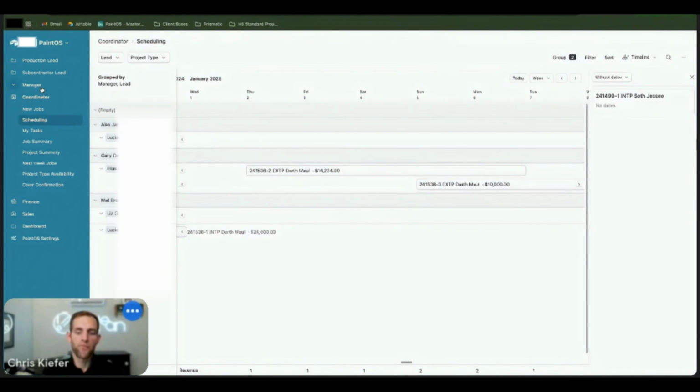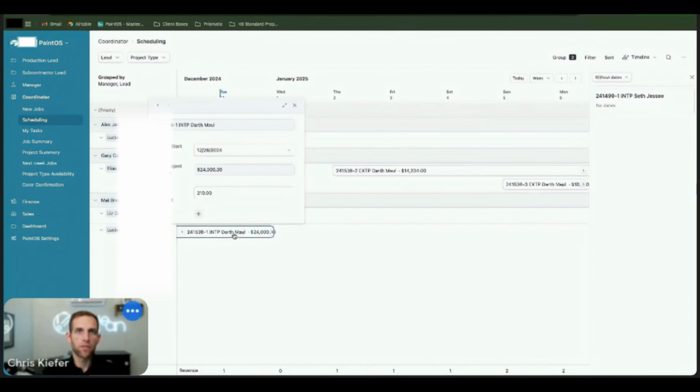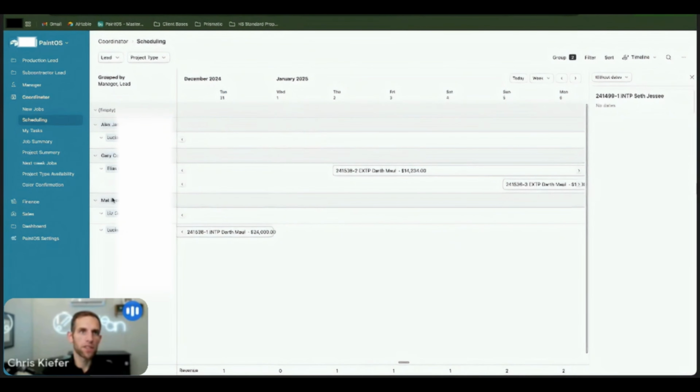All good there? Okay, so we've assigned these two projects. We got Elias on the exterior, Luciano on the interior. And who do we say? So Matt's managing this one, Gary's managing these two. So if I go into the